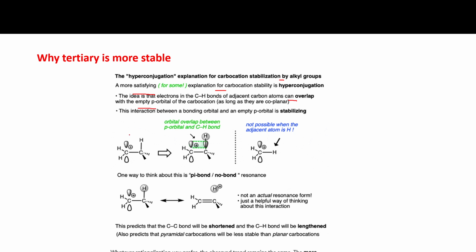When the carbocation is formed, it has an empty p orbital, and the interaction between the bonding orbital and the empty p orbital is stabilizing, as long as they are coplanar, in the same plane. This bond has electron density, and it gives this electron density to the carbocation atom, which will stabilize